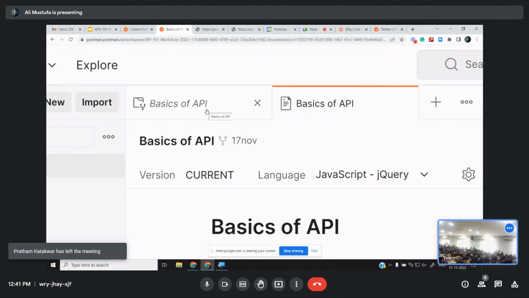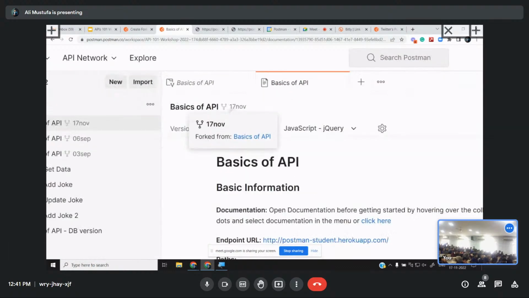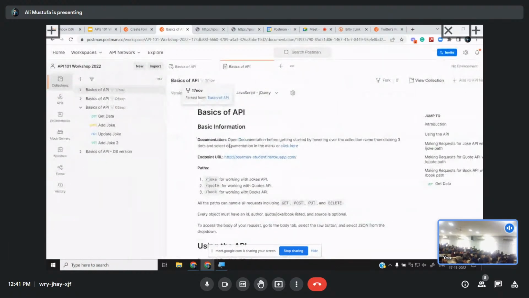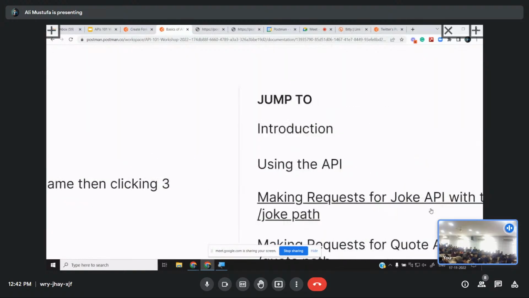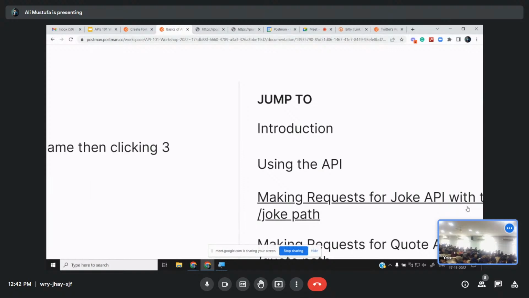What do you see? Which API are you working with? Which API are you working with? The joke API. Do you see on the right hand side there is an index? Jump to? Do you see on the right hand side there is jump to? Yes or no? We want to jump to what? Joke.